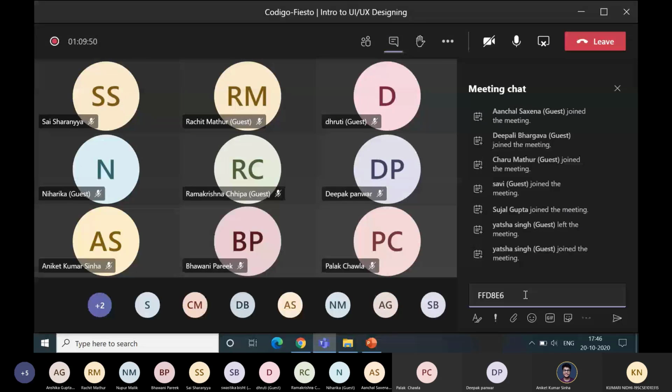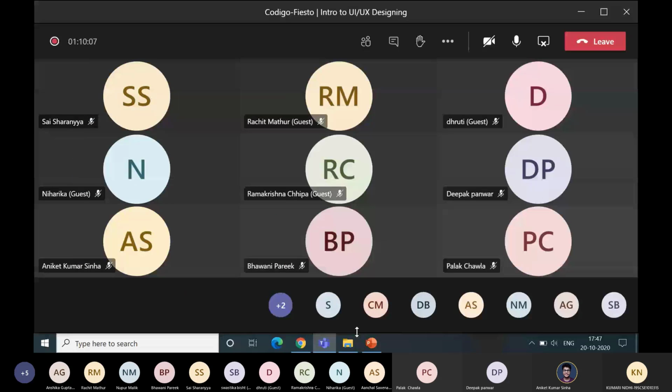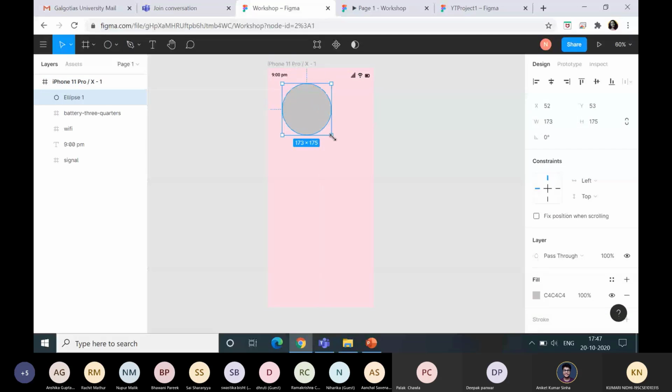Yeah, I've pasted the color code, and now you can just copy and paste it in your design as well. Now the second thing that I'm going to do is click on this ellipse option and click it over here. To alter the dimensions, you can use this method, or to be more precise, I'm going for 150 into 150 dimension. So I'll place it over here,